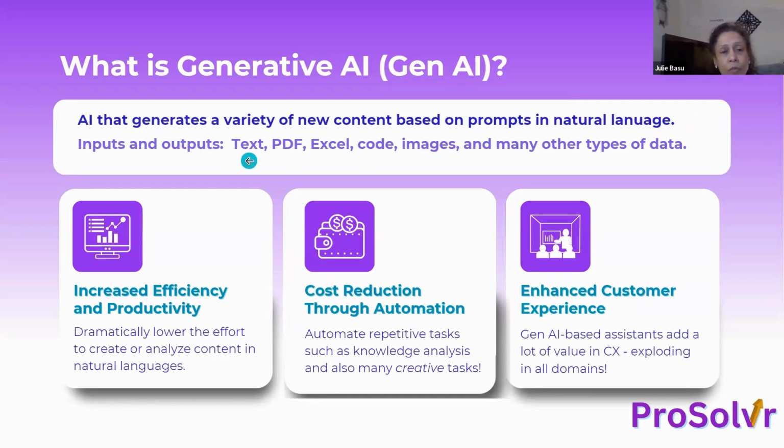And what are the inputs and outputs? It's a variety. It can understand text, PDF files, Excel, code, images, audio, many other types of data, right? For our purposes, for root cause analysis, most of the data is in text or PDF or Excel. And we're not really writing code here, but we can use these capabilities of Gen AI, like it can understand